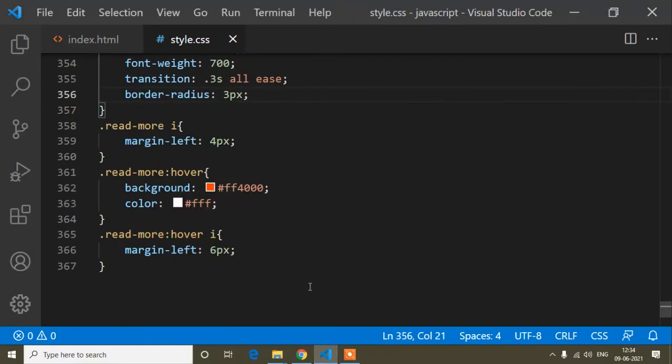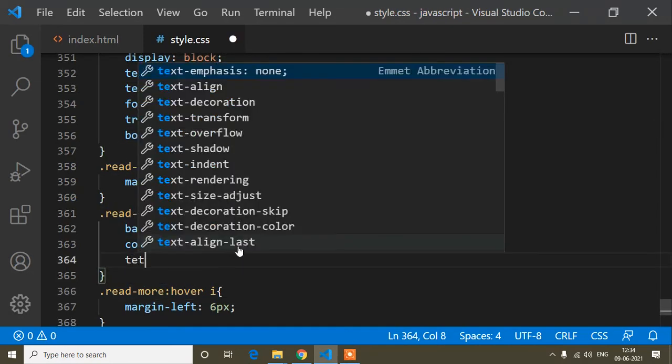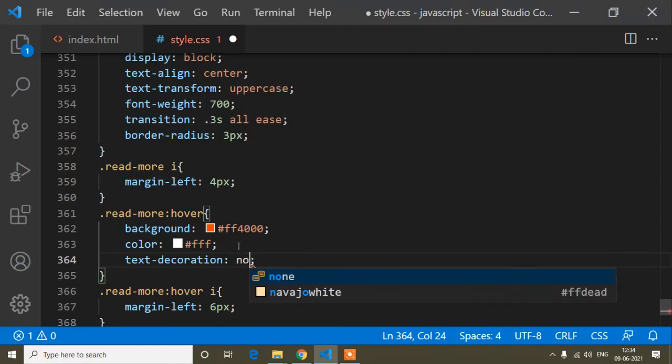And now guys, here you can see when I hover on this button, the underline is coming below this text. So for removing this underline, when I hover on this button, here I have to write text-decoration none. That means this underline comes from the text decoration. So if I write text-decoration none, the underline will not come. So now you can see if I hover, the underline is not coming. Here you can see the effect also.